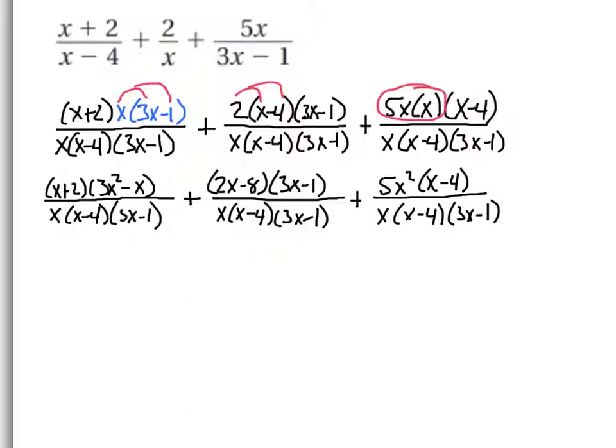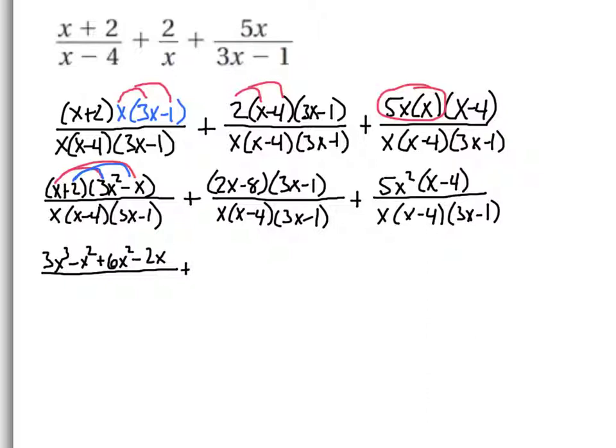But now I need to go through and multiply the tops again, because I got to multiply my binomials before I can add or subtract. So on this first one, I've got a FOIL. So I've got to take x times 3x squared, which is 3x cubed. And I've got to take x times negative x squared, take 2 times 3x squared, positive 6x squared, and 2 times negative x, which is negative 2x,